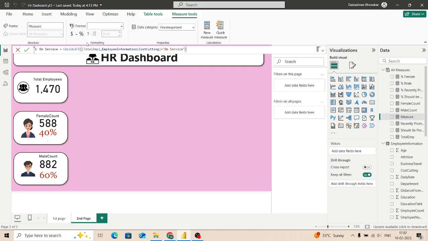And the formula, press enter, a new measure will be created. Like here we will have the employees count who are on service, or who should be kept on service, like those employees have not served the organization more than 20 years. So we have this on service count, or we can say measure. Now copy this measure,